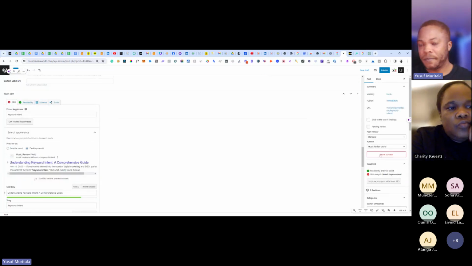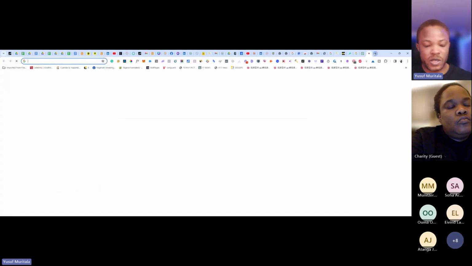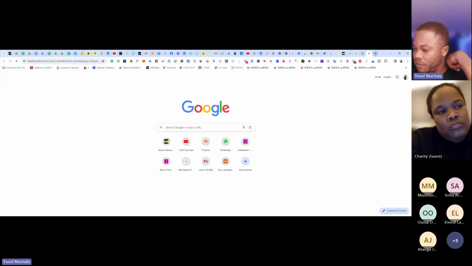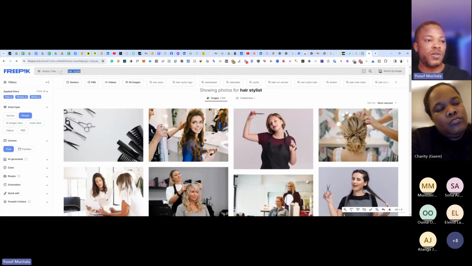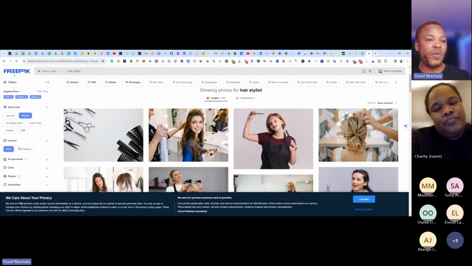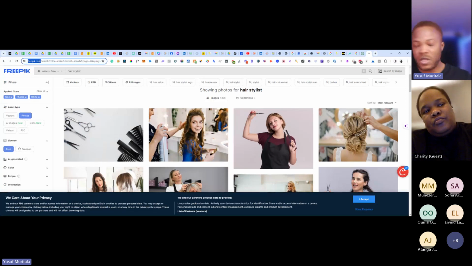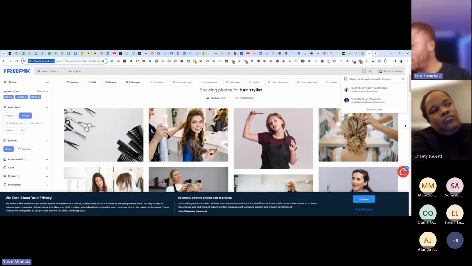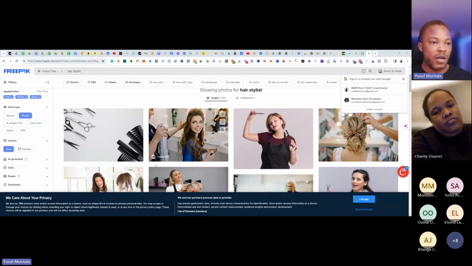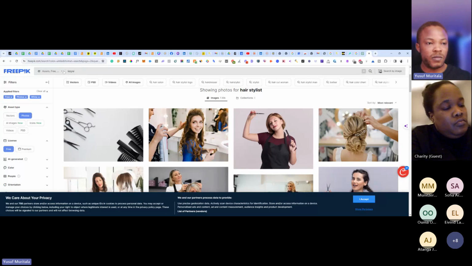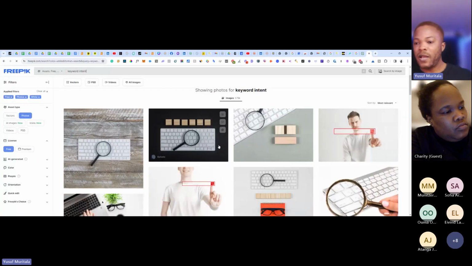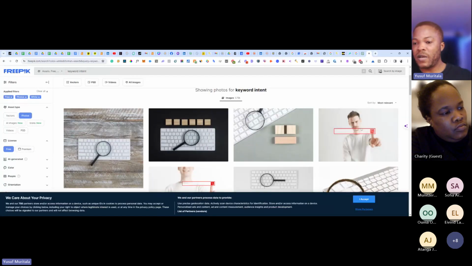How do you put the image? Let's quickly go to this thing so that we can put an image. I usually use Freepik to find free images, so I can put it in the chat also if you want to tap into that. So we can just search keyword intent. For example, this one we can use.